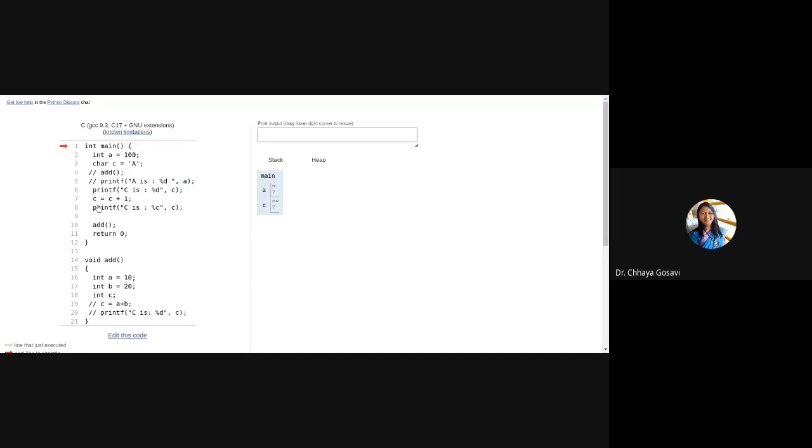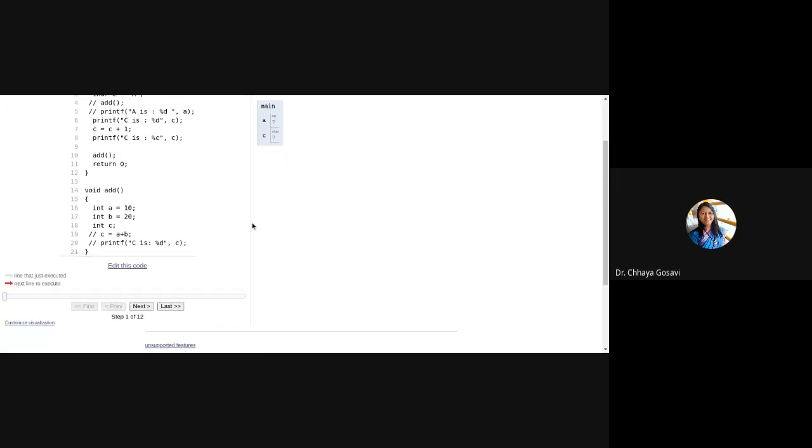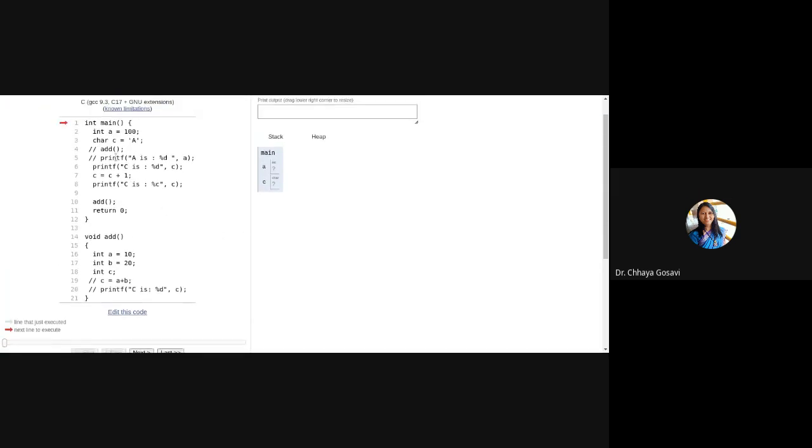What will this printf statement, line number 8, print? I have created a character variable c, which I have assigned capital A. When I'm printing c with %d, it was printing 65, which is the ASCII value of capital A. Now I am adding c plus 1, and I'm printing with %c. So whether it will print capital A or 65 or any other thing. Just see what it prints.